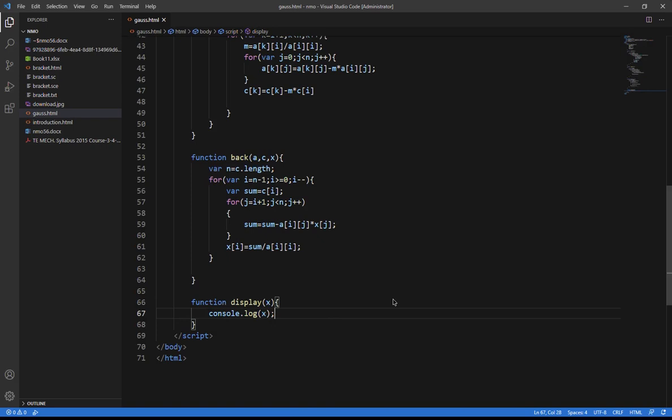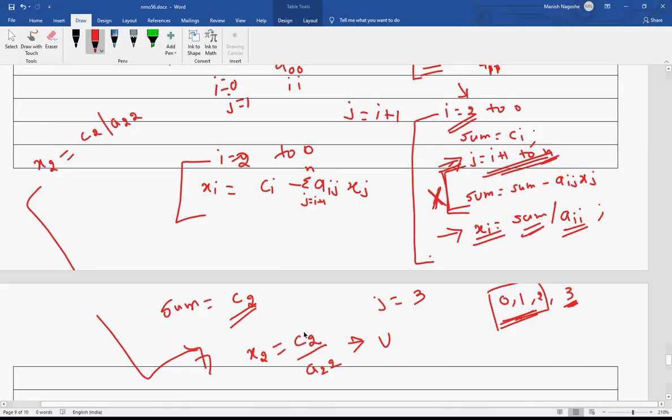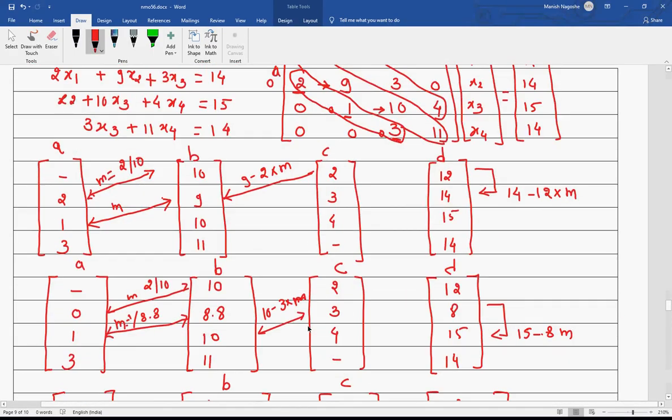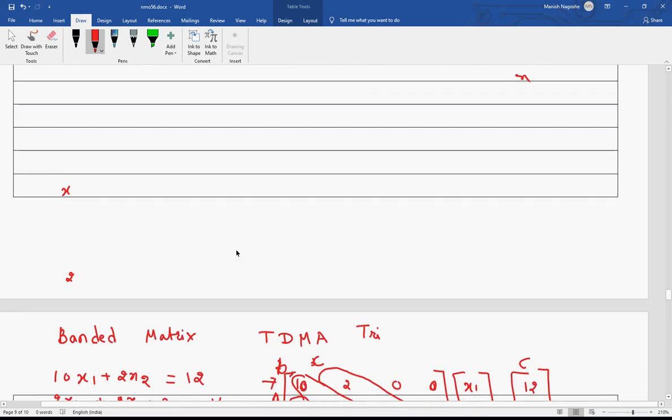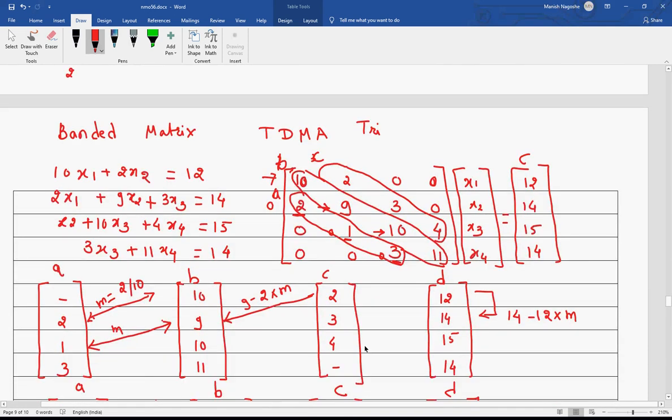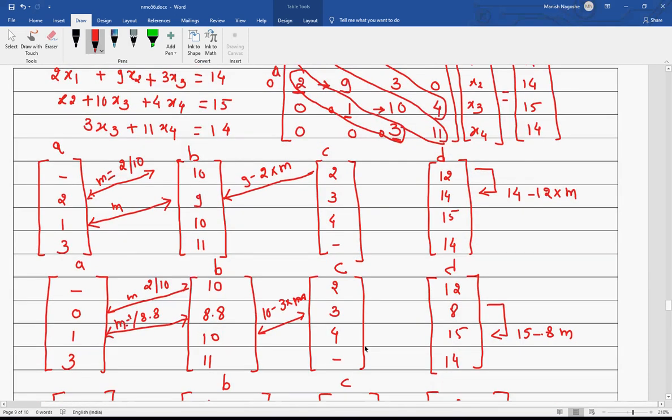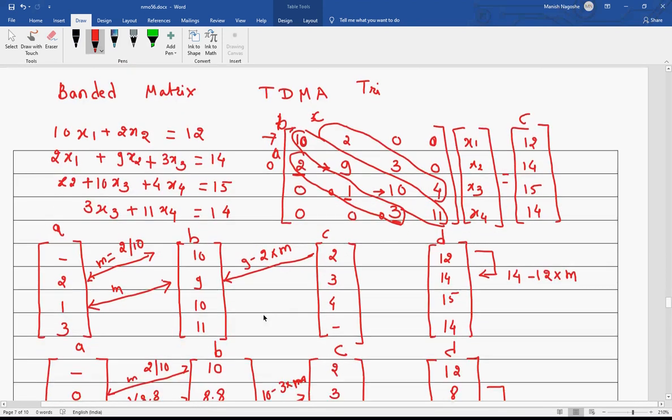So now I suppose I've gone up to 1 hour. So I would like to take a small program on your TDMA matrix. We can continue if you wish. Just let me know if you want to continue.